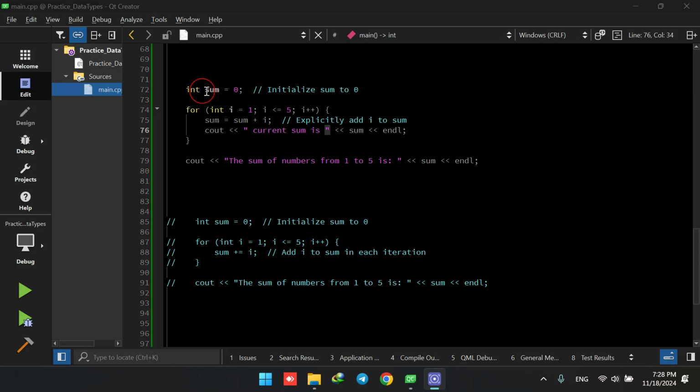So we initialize sum to be 0. Then we start a for loop right away, and it has three parts, as you know. Because we are calculating the sum of numbers from 1 to 5, it starts with 1, its upper bound is 5, and it is incrementing one step at a time. Since sum is initialized to be 0,